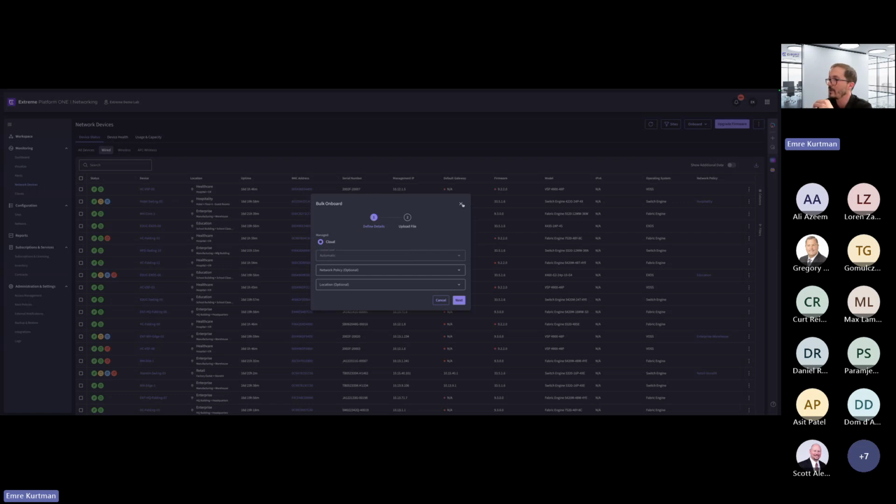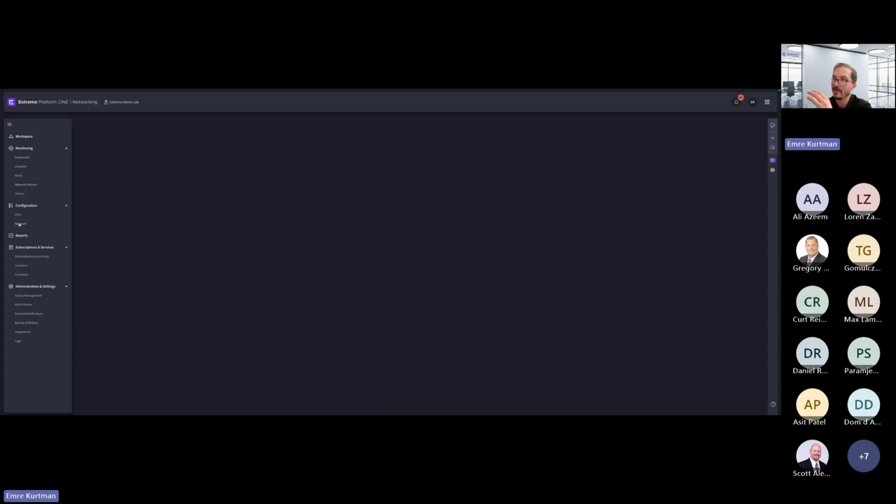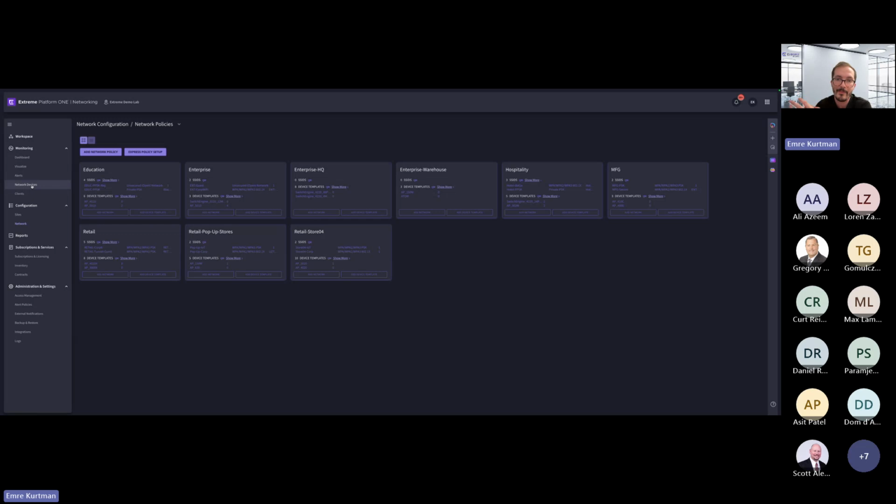So when it comes to configuration, you may have noticed that it's still using the classic XIQ backend as an interim solution, but we will be completely redesigning the configuration where you will have the capability to do full fabric configuration as well. So we will have a concept called service profiles, where you will create your layer 2 services, your layer 3 services, and then you will be able to assign them to either all your edge boxes or all your network or specific devices. It will be highly flexible and granular in that case.